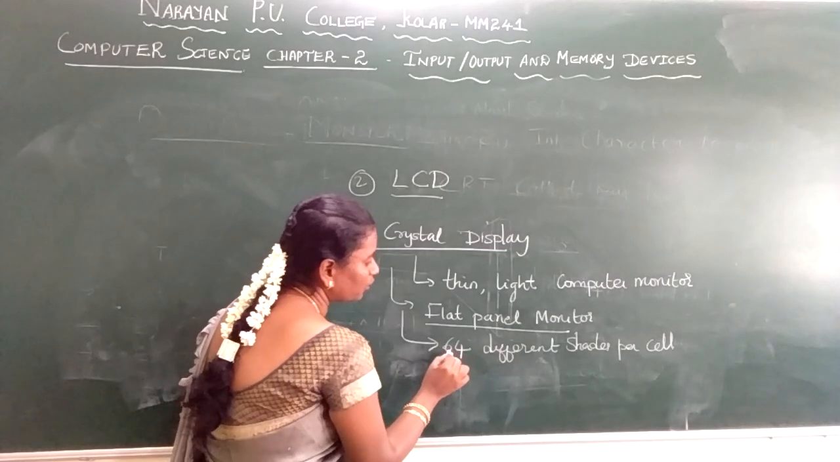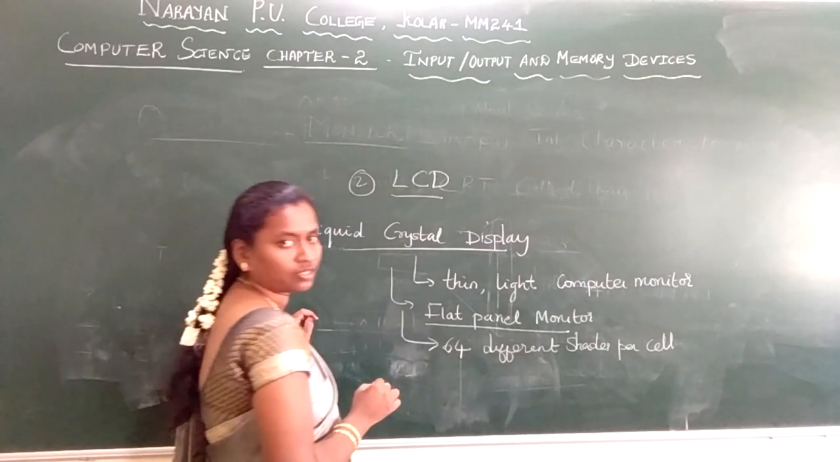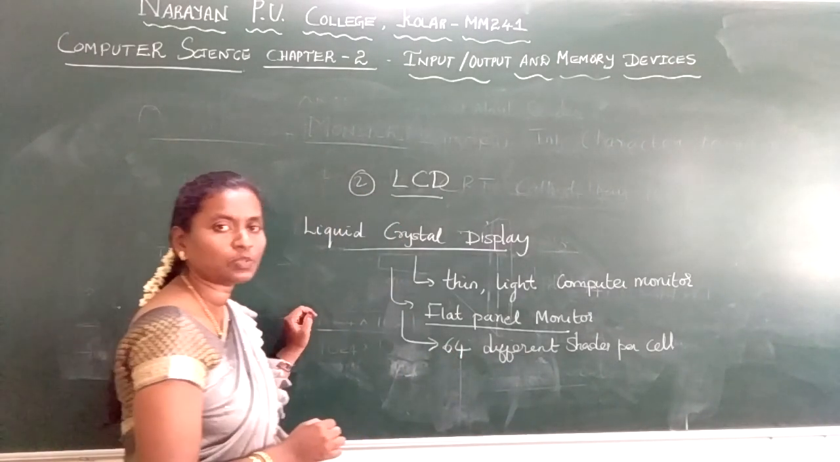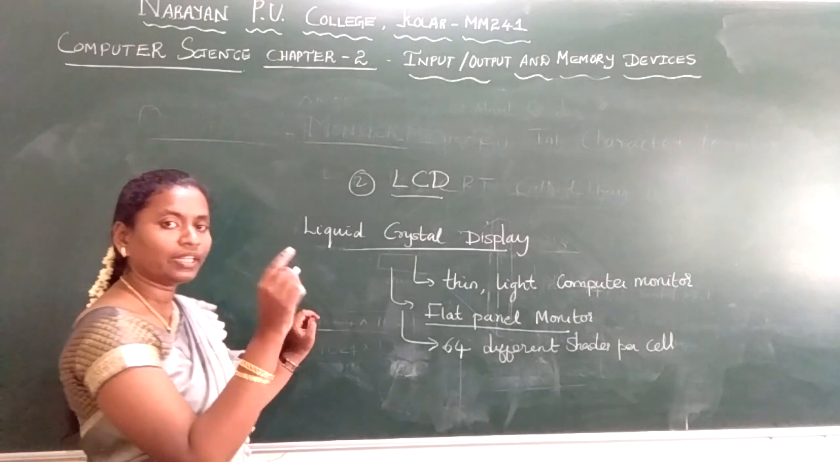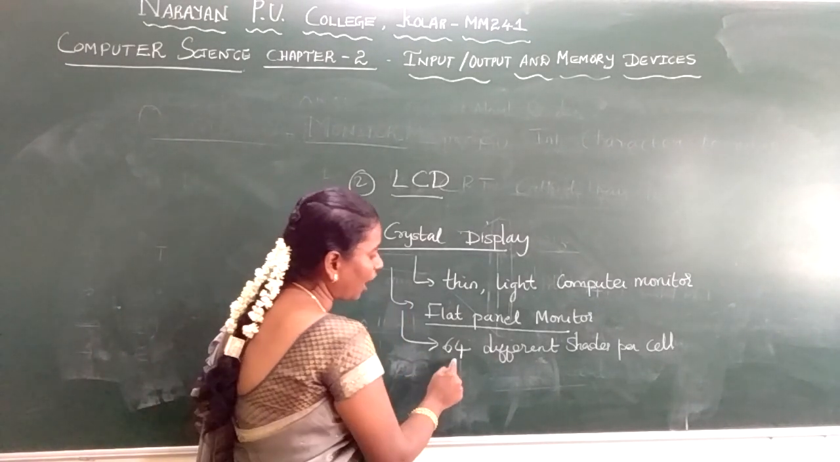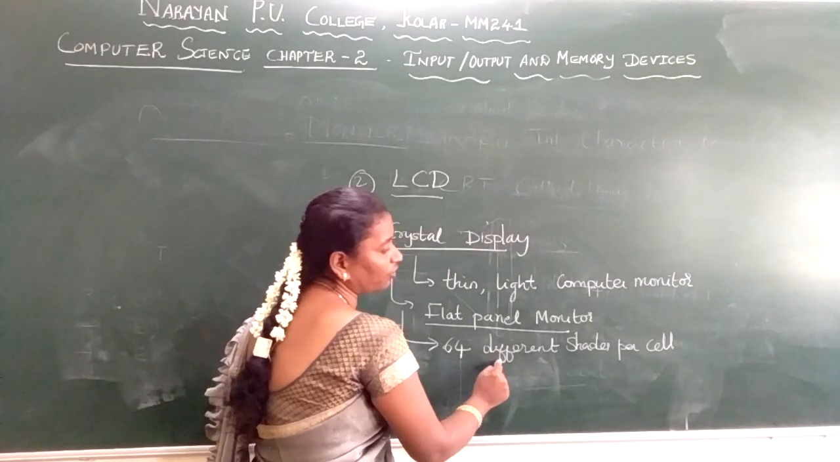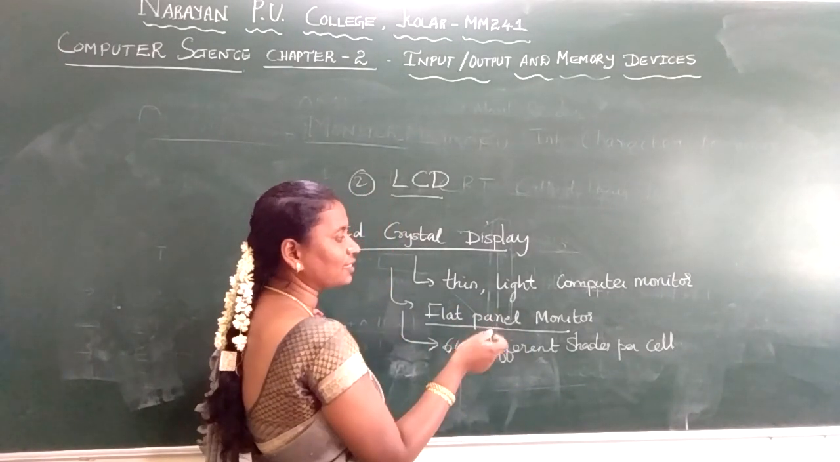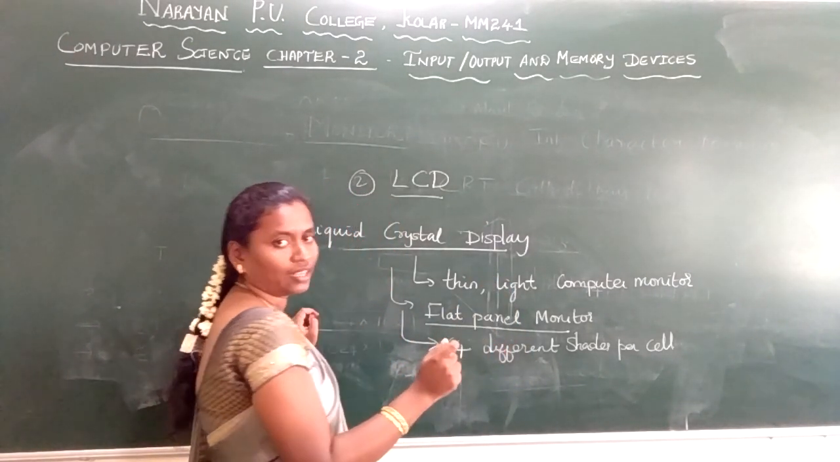So we do have 64 different shades per cell. What are the 64 different shades per cell? When the electrons lift the screen, we do have 64 different shades per cell. That means the electricity intensity varies. When the electricity